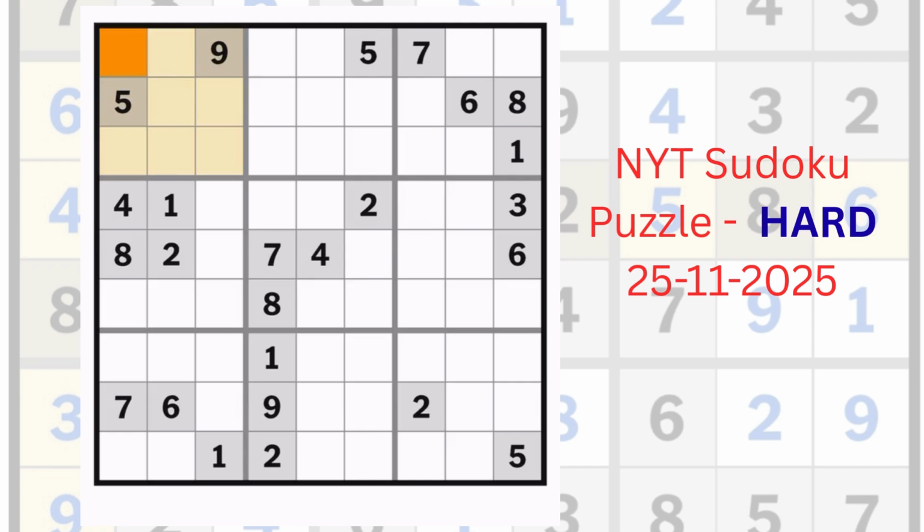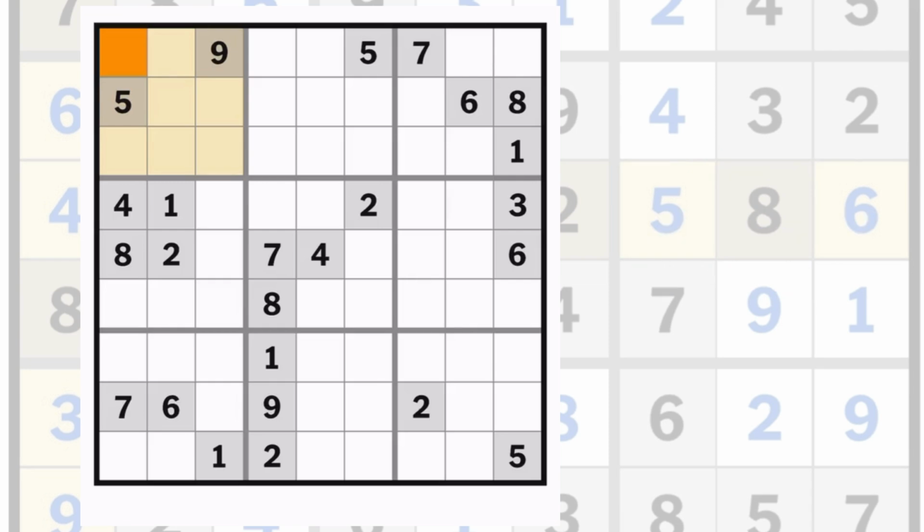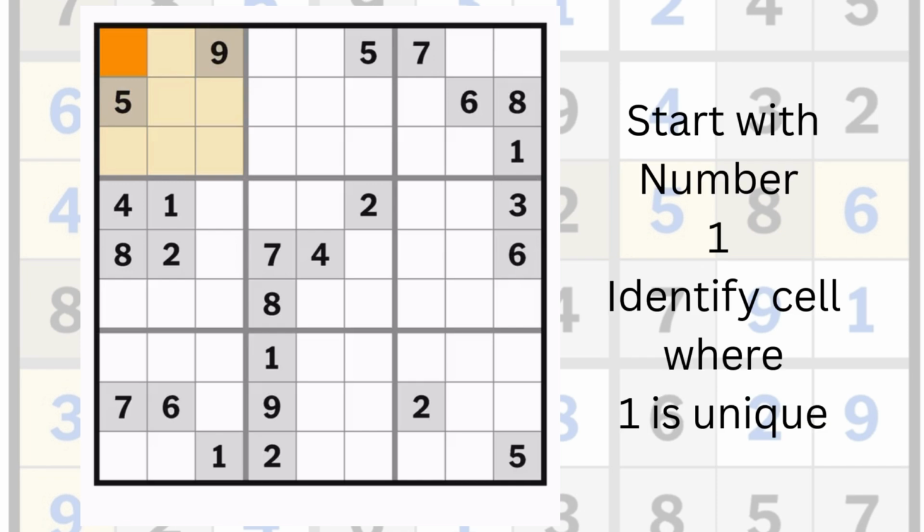Today I'll try to solve the Sudoku HARD puzzle of NYT. I request you to kindly watch the strategy which I'll be following, which is going to help you in solving this puzzle. So let us start. I'll be going in sequence order, starting with number 1. So I select number 1 and try to identify cells in blocks, rows or columns where this number 1 is